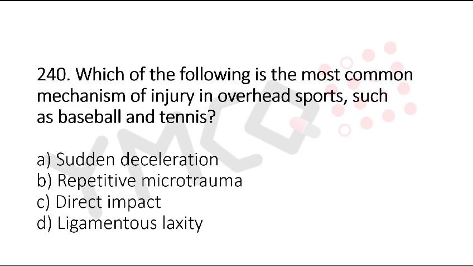Which of the following is the most common mechanism of injury in overhead sports such as baseball and tennis? Option A, sudden deceleration. Option B, repeated microtrauma. Option C, direct impact. Option D, ligamentous laxity. And the answer is option B,